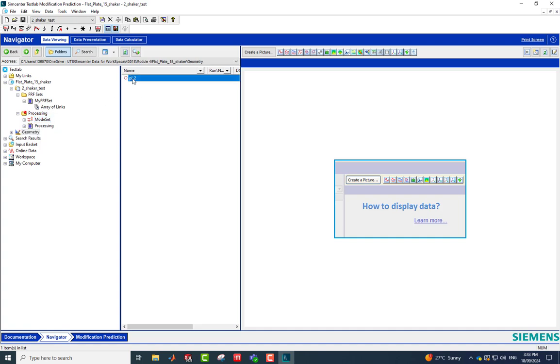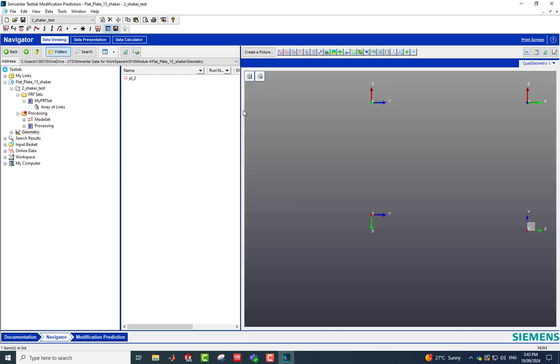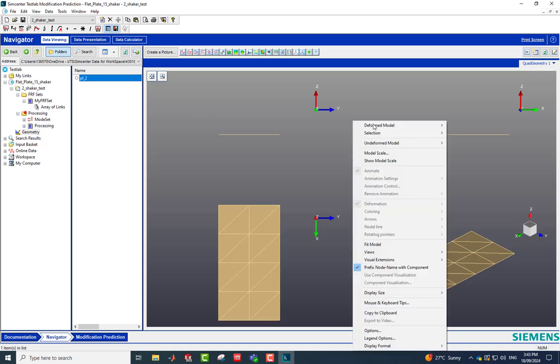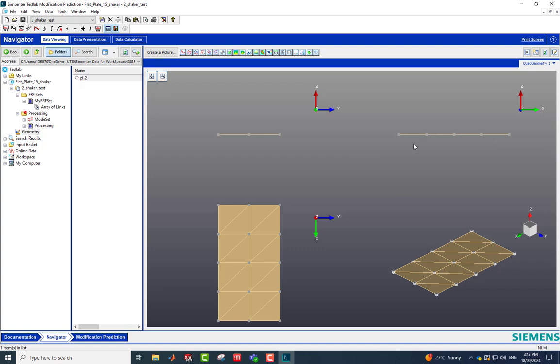Look at those two close modes at 133 and 135 Hertz. To visualize those, we'll put a quad geometry display in and maximize that. There again are those modes. Grab the geometry from here and drag and drop. And I always like to right click on the background and turn on the mode markers and the node names